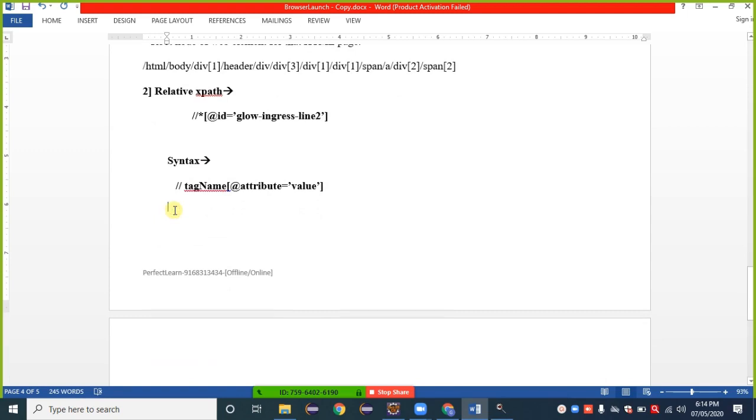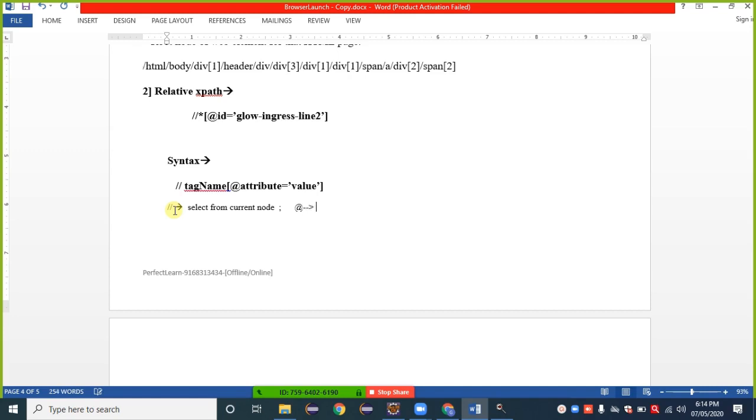So what is the meaning of two forward slashes? Two forward slashes is called select from current node.